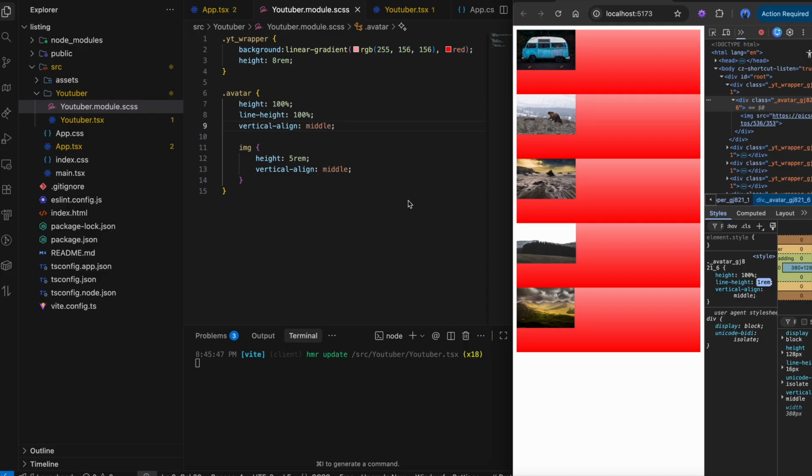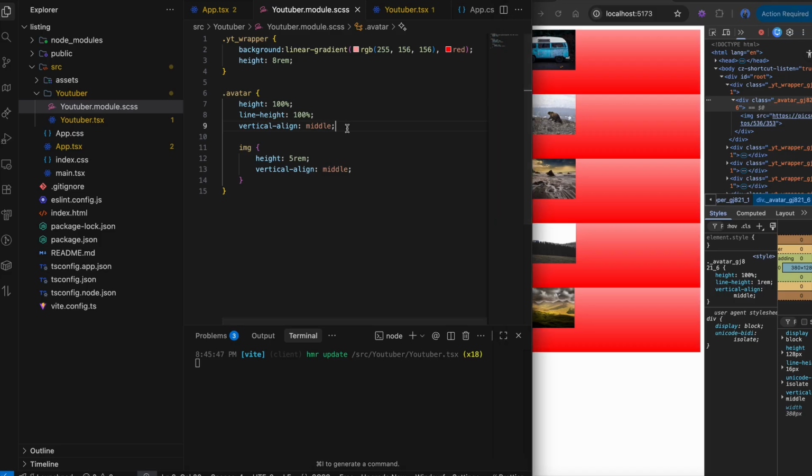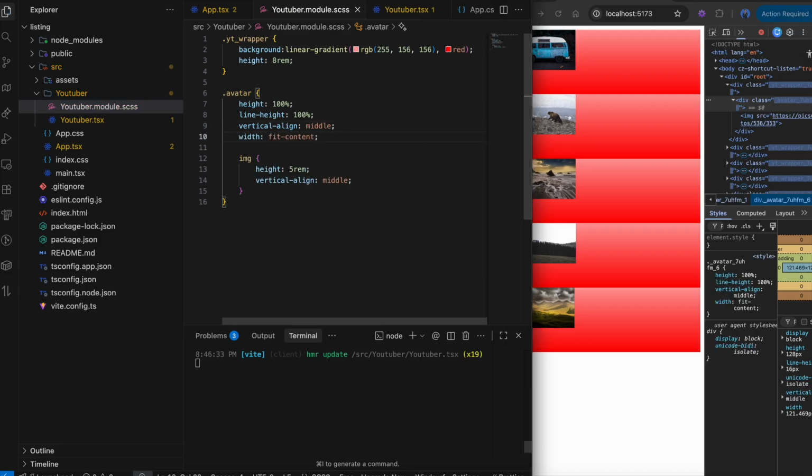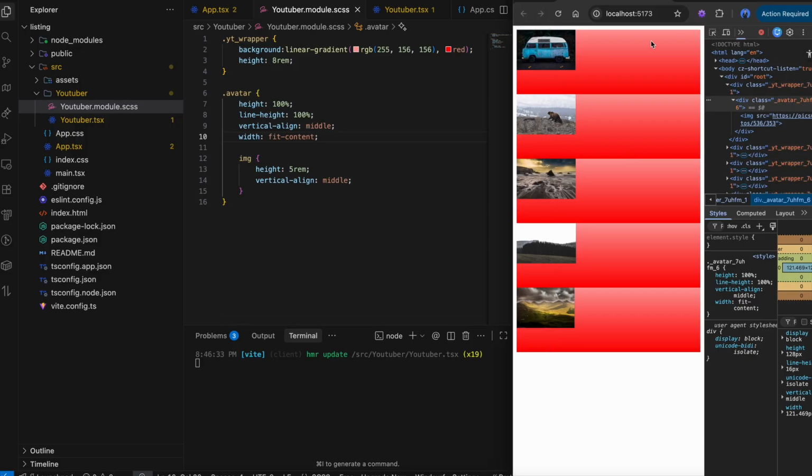So avatar container is way too big, so with fit content, so the width of the avatar now should be, yeah, like that, and then the height should be, this doesn't change anything at all. This doesn't change anything at all, so we need to